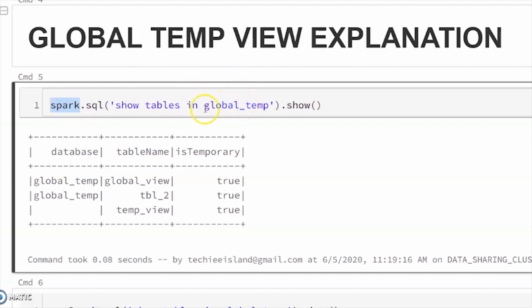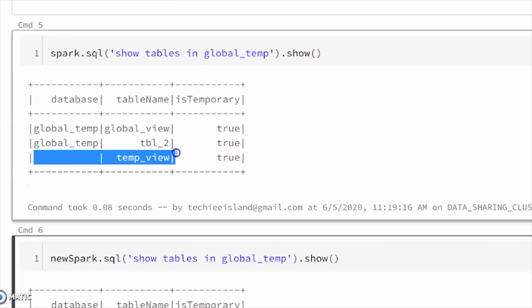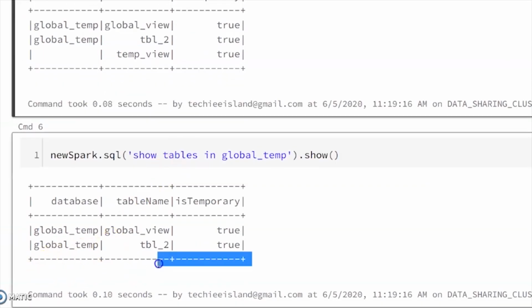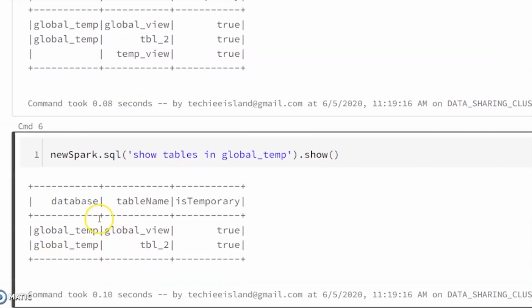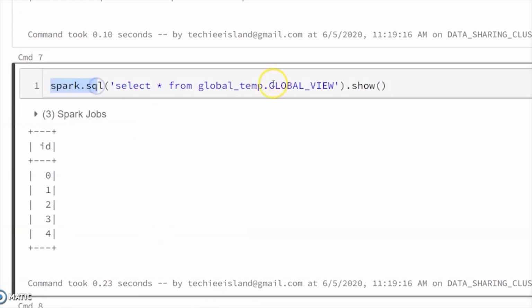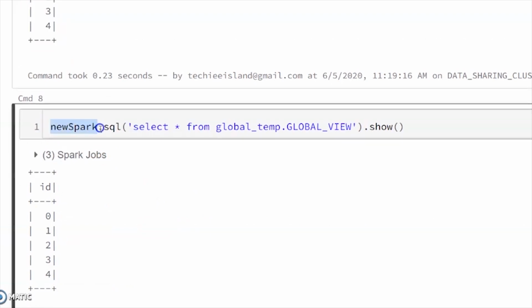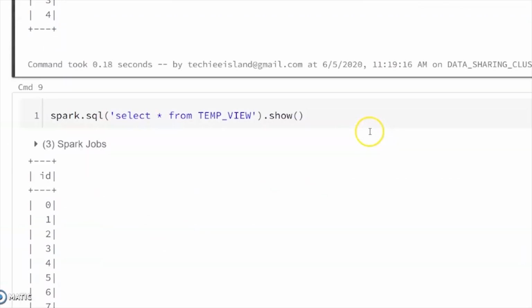and temporary view. Here I can see all these tables present, but when I use the new Spark session to list the tables, you are not able to see this temporary view, which is under the default database. It is not shown in the new session because Databricks by default enables Spark session isolation for security reasons. Now we read the data from Spark session 1 in the global temporary view and we can see the 5 records, and using the second Spark session that was created, we can also read the global temporary view.